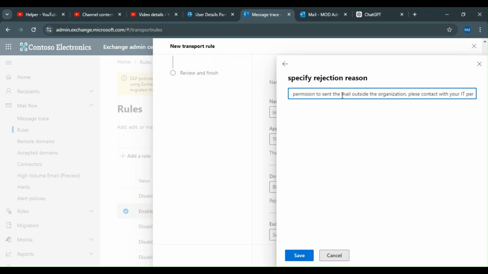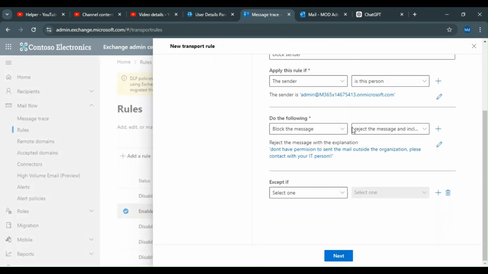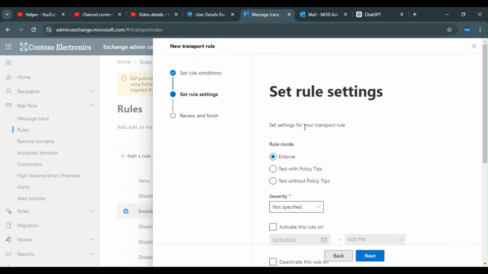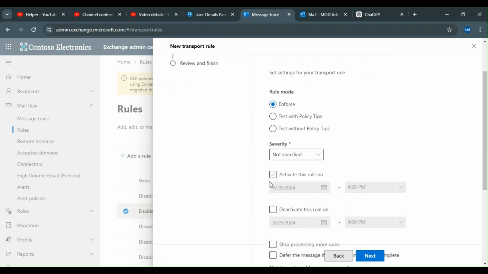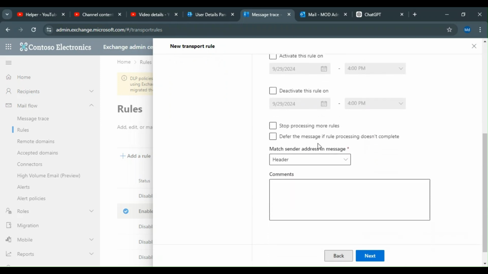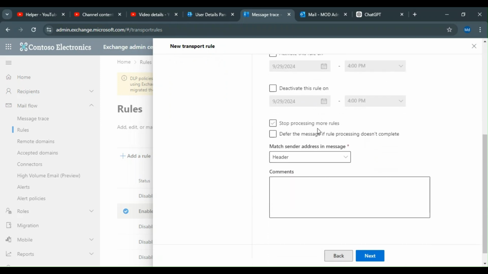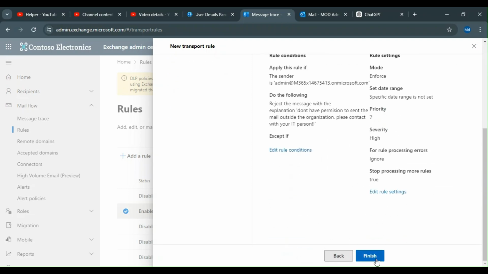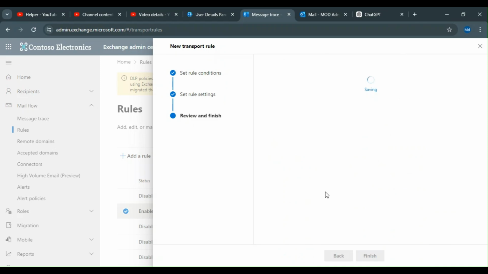Okay, so this is the disclaimer I required when somebody is trying to send the mail outside the organization, or a specific user. I just put next. I have the options: the rule you want to enforce, or you want to test it. You can activate and deactivate with a particular date, stop processing more rules, and header if you need to put it as an envelope or header. Now everything is looking good, and I just click on finish, and it is showing